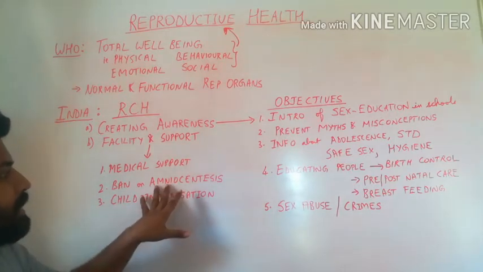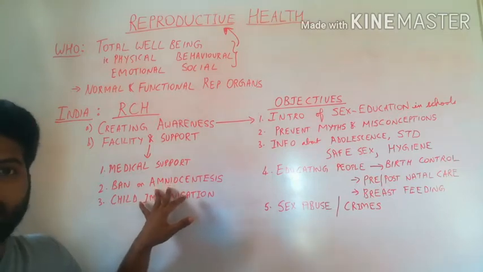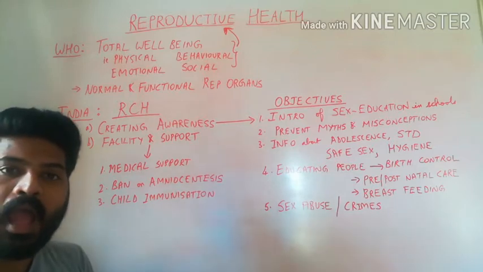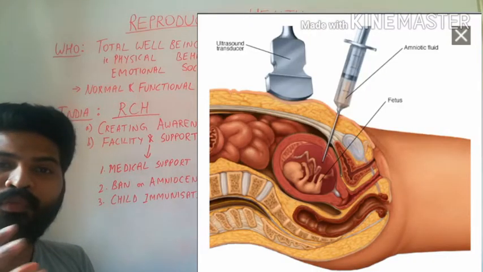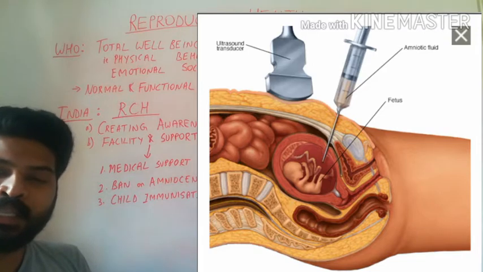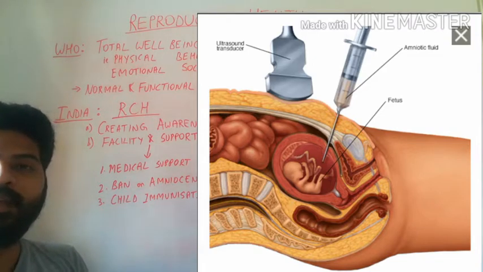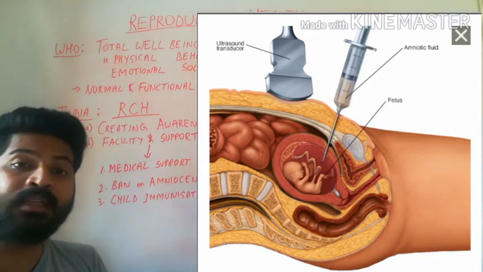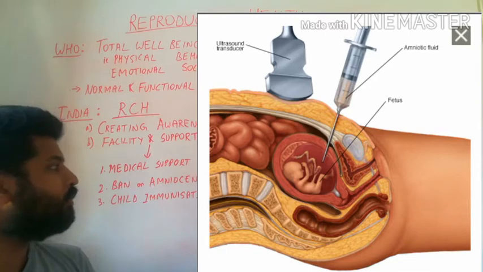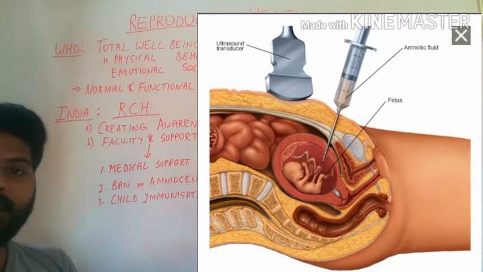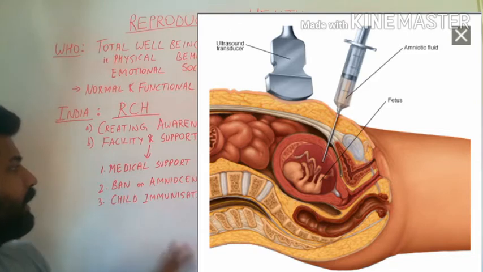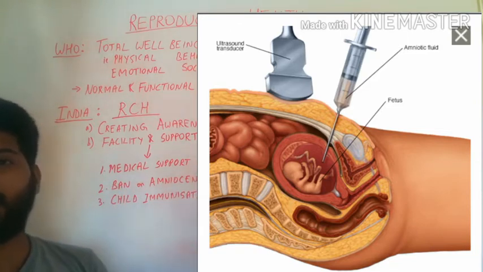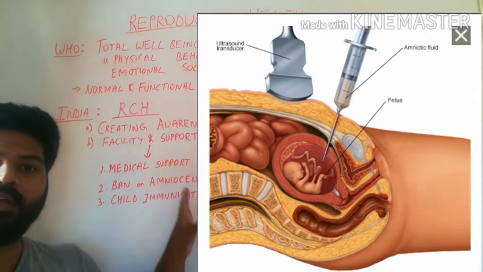So one such technique is amniocentesis. This is a gender detection test wherein the amniotic fluid from the fetus would be collected. The cells from this amniotic fluid would be studied under a microscope. These cells would reveal the number and type of chromosomes, which helps to identify the sex of the child. So there is a statutory ban on amniocentesis, especially in India, because it was used for illegal